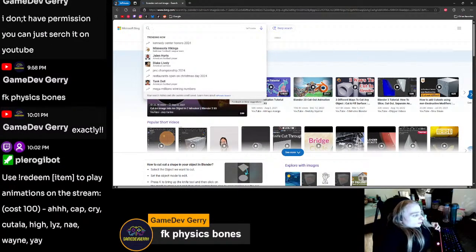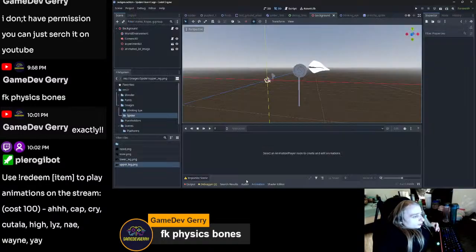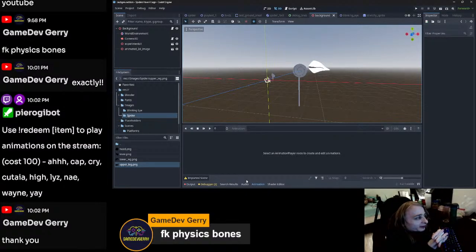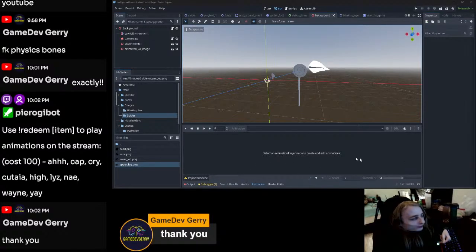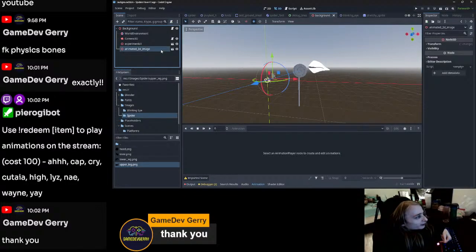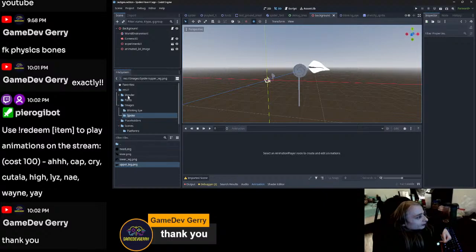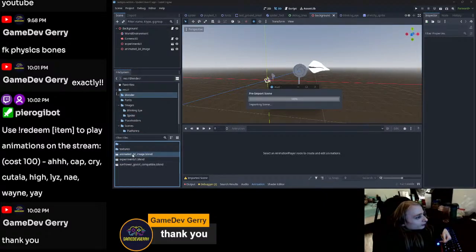How do I... I don't really know. The strange thing is, I know how to get an image on this plane if I create a shader. I know how to do it that way, but I don't know how to do it the simple way. Yeah, of course. Thanks for sharing. I need to look at